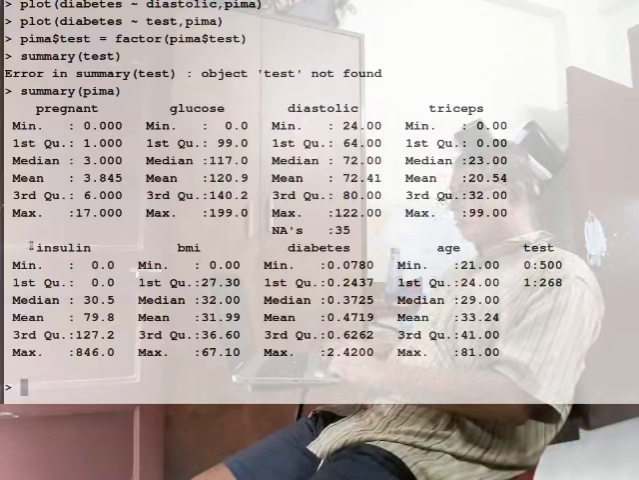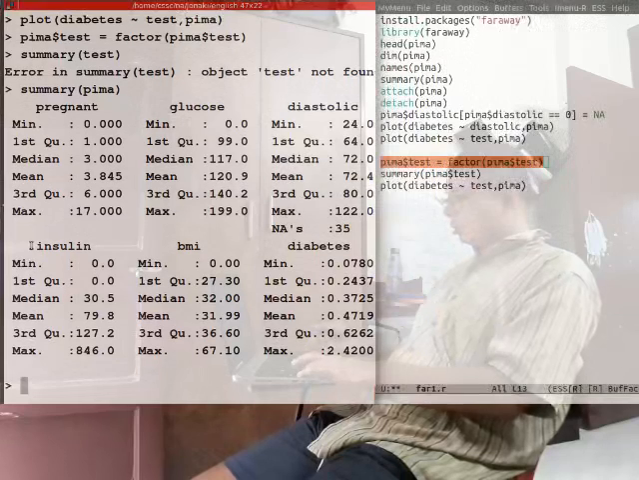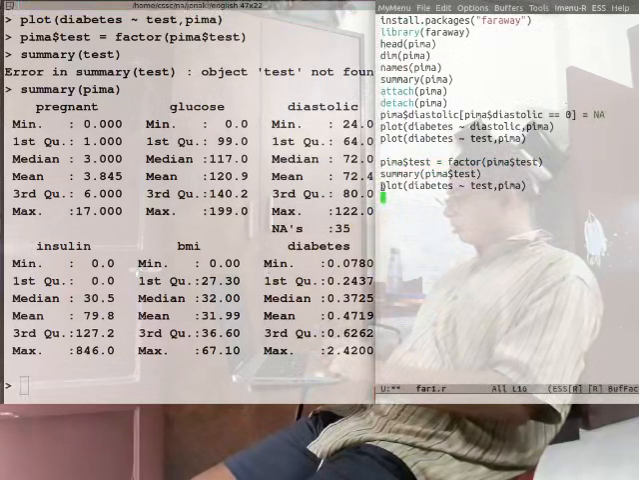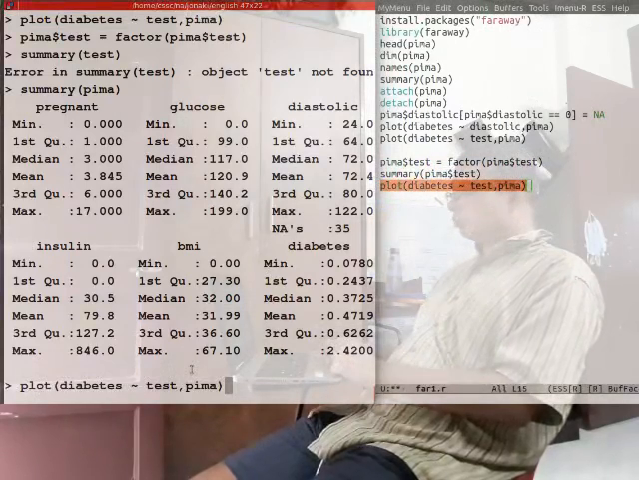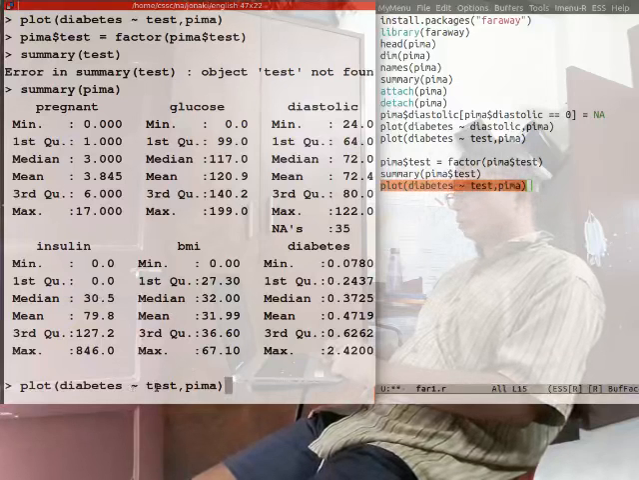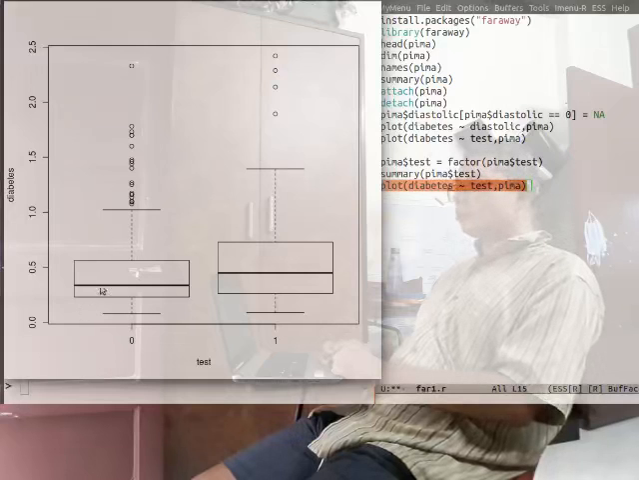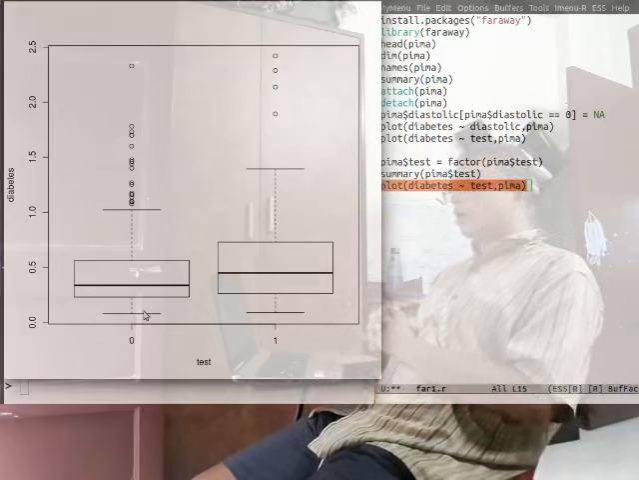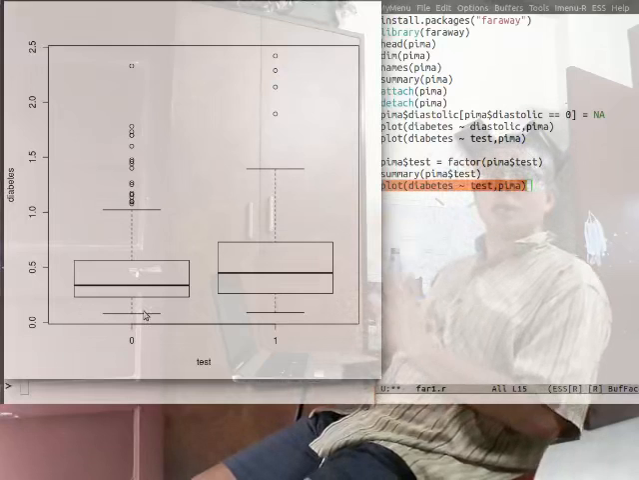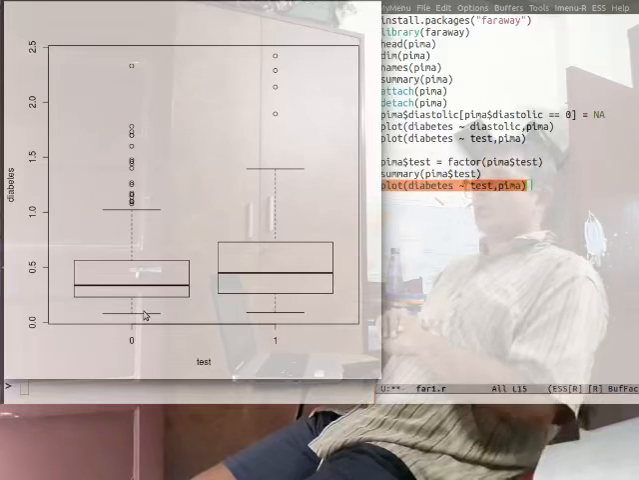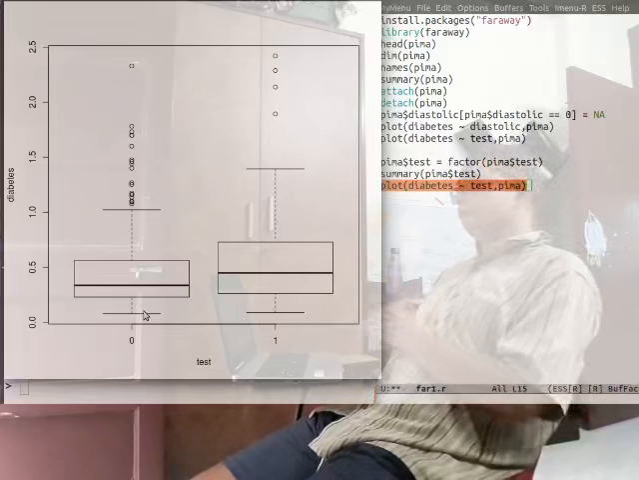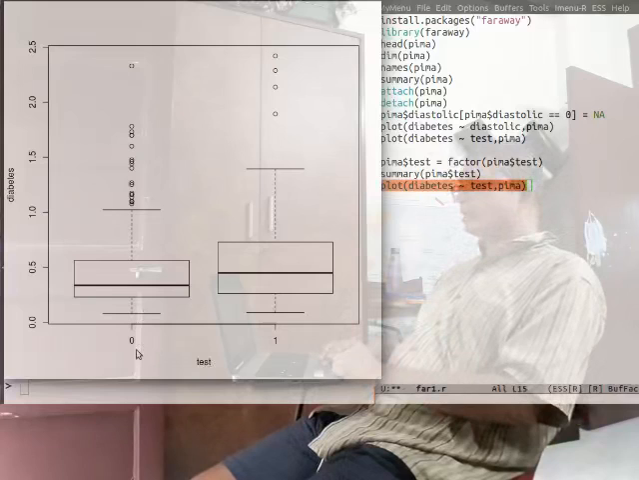Now let us see what happens if I try to plot. So let's try to plot. So basically the same command as we used when we wanted to plot against diastolic, but test is a factor. Now you will see that the plot has changed drastically. Now the plot gives you what is called a box and whisker plot, a very useful but somewhat underrated statistical graphical tool. What it says is that whenever test is 0, it has shown all the diabetes values